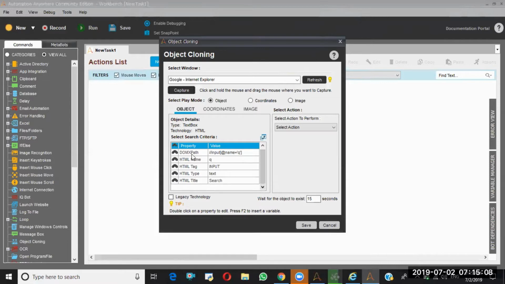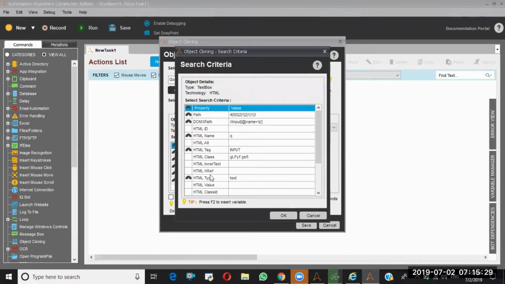We get a lot of information. And if you enable this legacy technology, see how many properties you get up to now: 1, 2, 3, 4, 5, 6 properties. If you open this one, you will get more details.